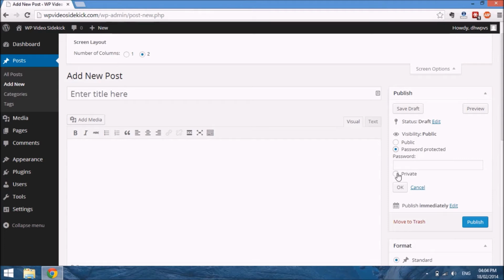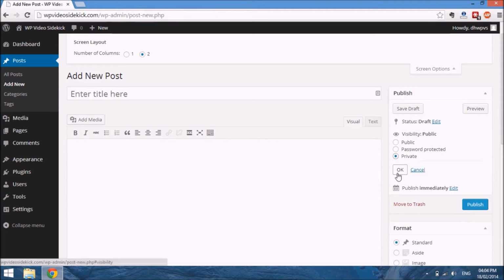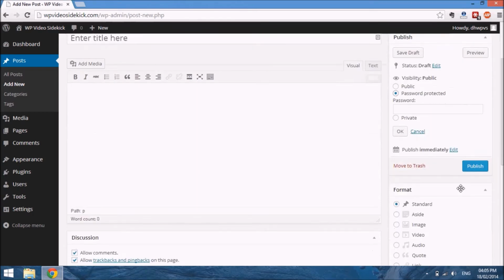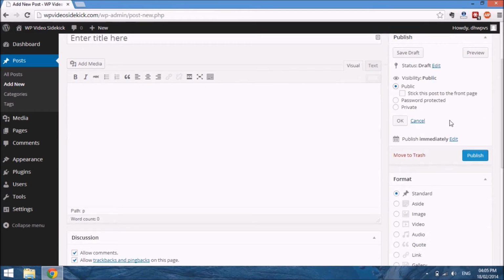And another option is the private option, which no one will actually be able to see these posts at all except for your logged in users, which you have granted access to, such as your admin and editors, etc. And the password protected option is actually a great option to use to offer content to your members, paid content, etc. Okay, and if we go further down, let me set this back at public, and